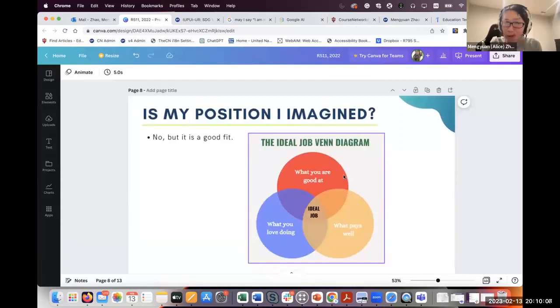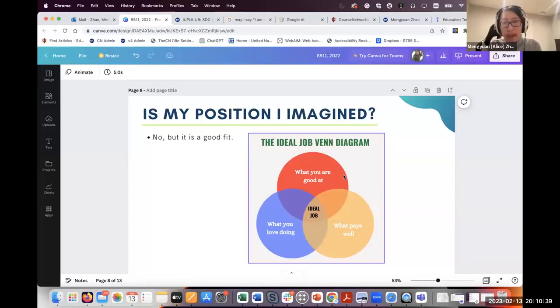So the other question Dr. Bang asked earlier is whether my position is what I imagined when I was in the IST master's program. So the answer is no. I wish I had taken this class from Dr. Bang so that I could hear what the IST alumni are doing, their practice, and what the possible job opportunities are out there. I didn't take a class back then, so I didn't have a very clear picture of what I was going to do when I was a master's student.